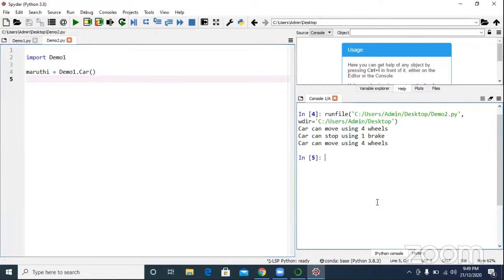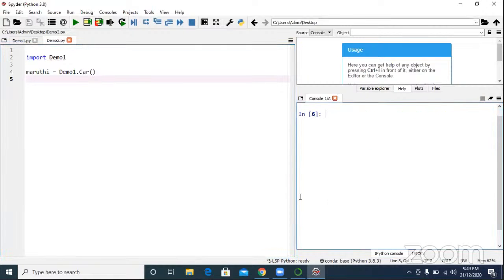As one of our madams asked a doubt, I will clarify one more. Maruti equal to demo1.car. Who is Maruti? Maruti is an object, Maruti is an instance. Whenever you create an object for the class Car, every object will have some reference name.